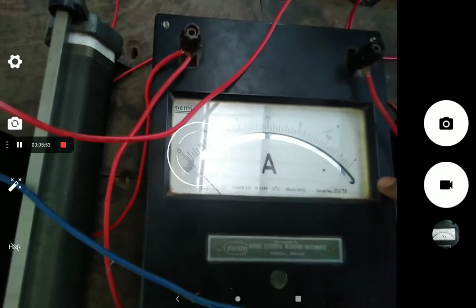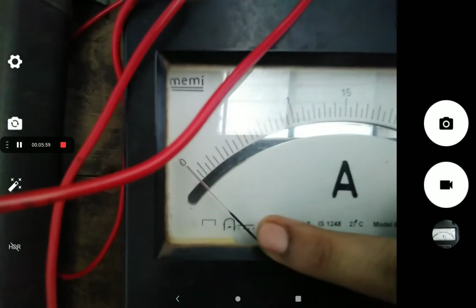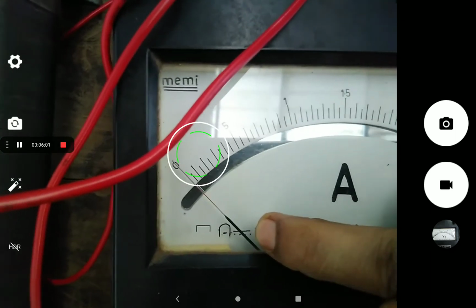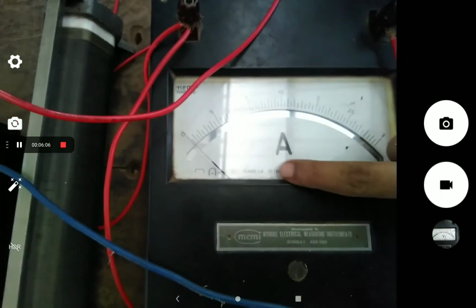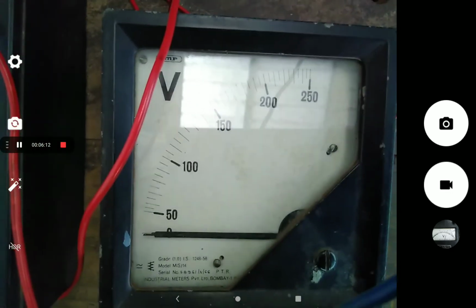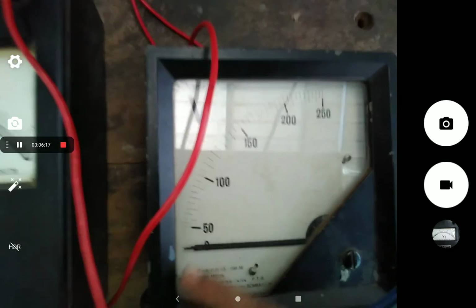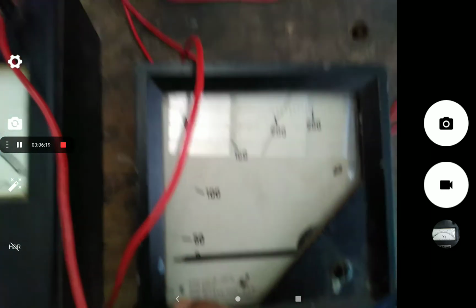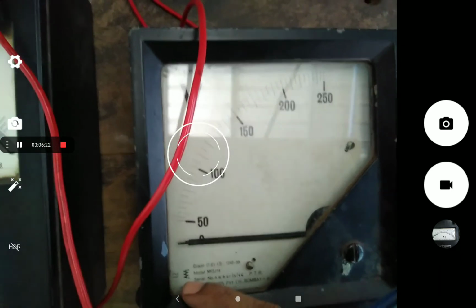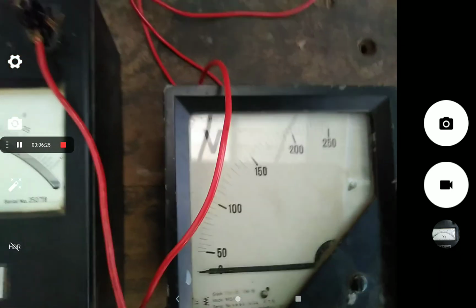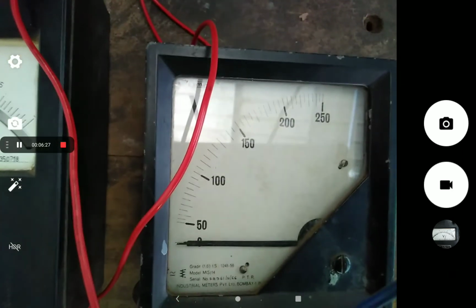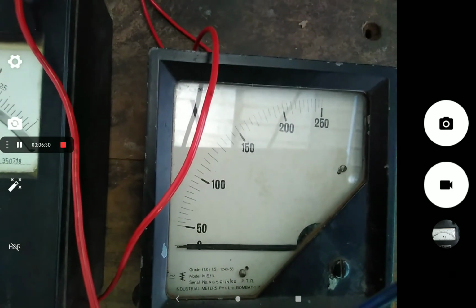Okay, a 0 to 3 ampere DC ammeter is used. Here you can see a mark, a straight line that represents this is a DC ammeter. If it is an AC, there will be a sinusoidal wave representation, and this is a DC or AC voltmeter. Here you can see it is marked as an AC wave and also a DC straight line. So that means we can use this voltmeter for measuring voltage in DC connections and also in AC connections.